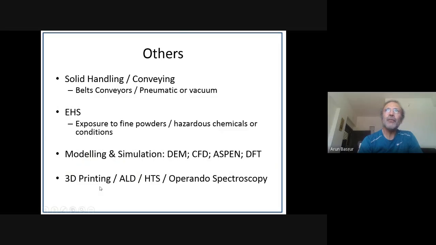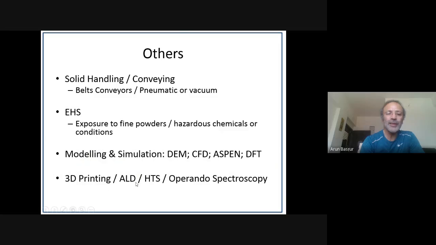In the equipment which I showed you in forming, there's a limitation in the kind of shapes that one can make and in the kind of dies that one can make. But in 3D printing, one can make practically any shape that one can imagine. So that's the beauty of 3D printing. So this is an upcoming area, and people have also started investing heavily into this. Especially catalyst manufacturing companies have started investing heavily into this.